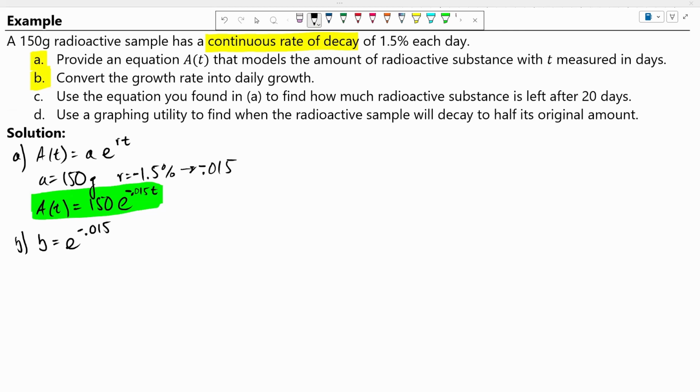And if you compute this out, you get 0.985. So 0.985 has got to be equal to 1 minus some r, since this is a decay, right? That r is negative. Got it? So if you solve this out,